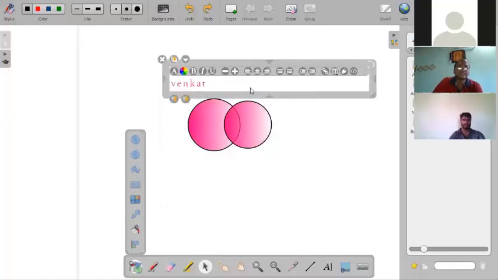Yes, you can see. Now I want to change the bold. It will become bold. Now I want to align this one to the middle, left side, or right side. You can create this type. Or if you type a number of points, you can use this one: bullet points, numbering points, like that.